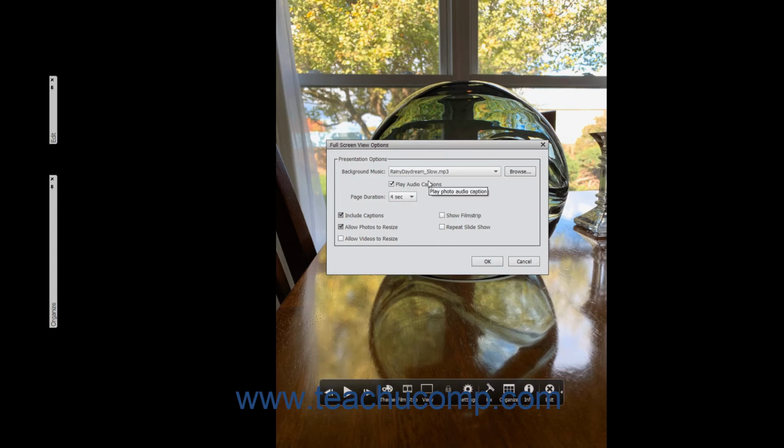To play any associated audio captions for selected photos within the presentation, ensure there is a check mark within the Play Audio Captions checkbox. To specify the number of seconds each selected image will appear on screen during the presentation, select a choice from the Page Duration drop-down. You can also click into this drop-down and enter a custom time duration that ranges from 1 to 3,600 seconds